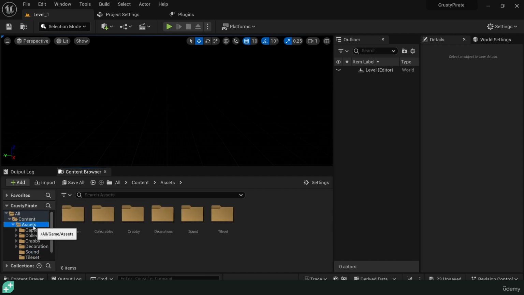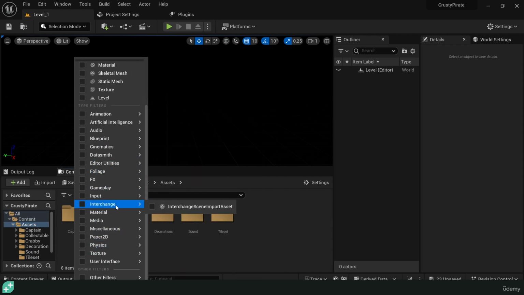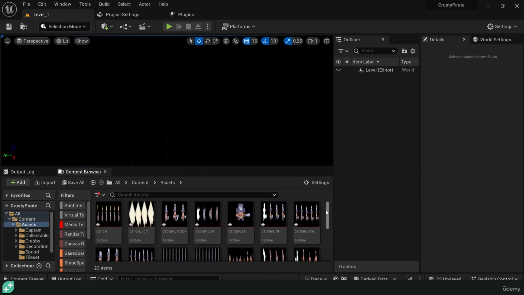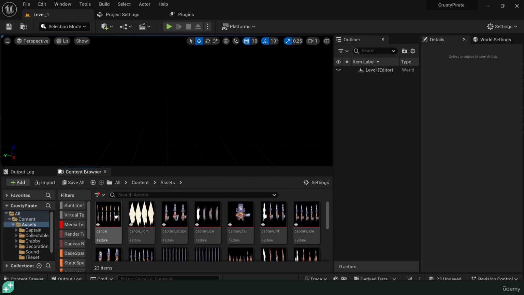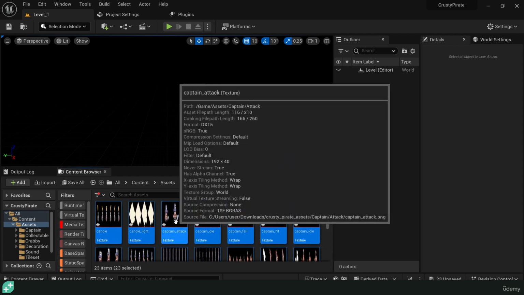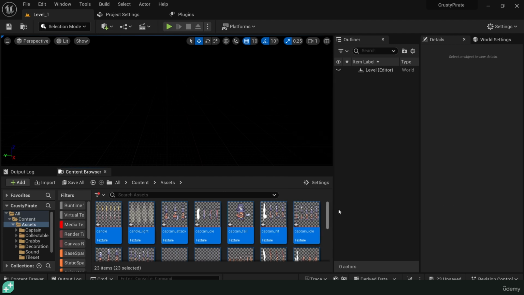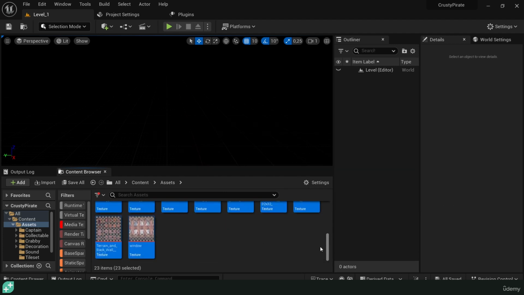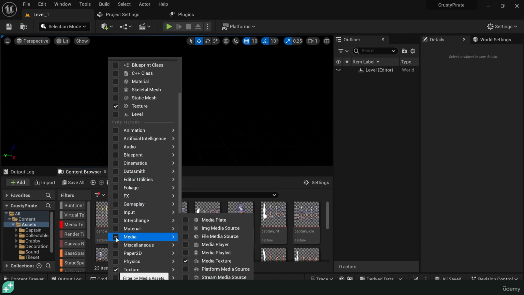I will click on the assets folder. And then I'm going to go into the filters here. And I will check texture. That's going to show all the textures in all the folders. I will select all of them. So click on the first one, go to the last one, hold down Shift, click, and then you're going to select all of them, right click, and then we're going to apply Paper 2D texture settings. Perfect. Let's save all of these. And that's going to be all we do in this lecture in terms of assets. We can get rid of these